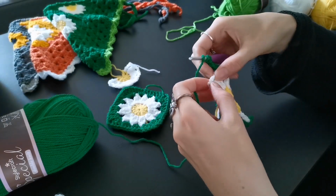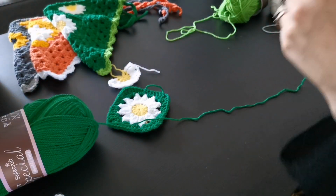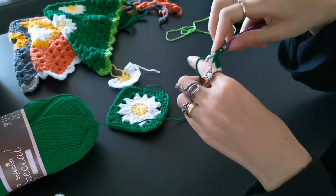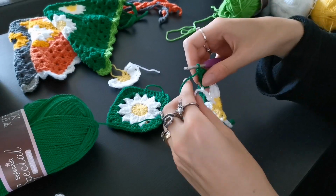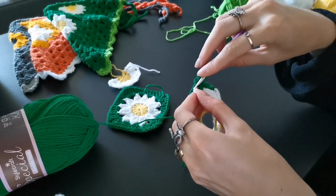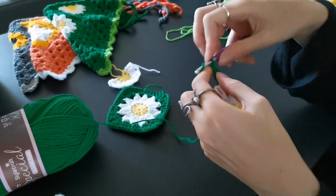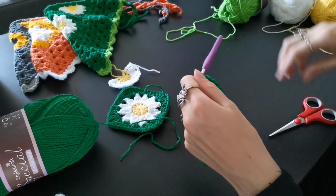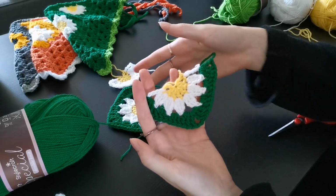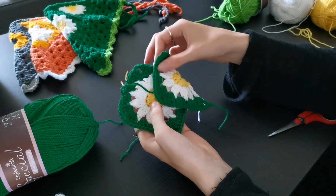In here I do my 3 treble crochets again, then I do a single chain of 1 and then a treble crochet into the corner, and then do the same as before, chain 1, cut it off and pull it. So yeah, this is how you make half of a daisy square. And yeah, I will make this one and then I'll come back and I will show you how to sew